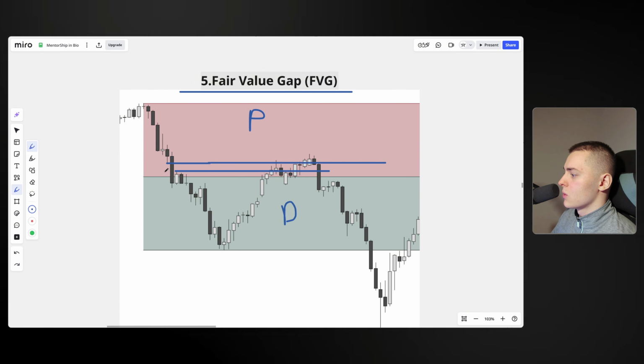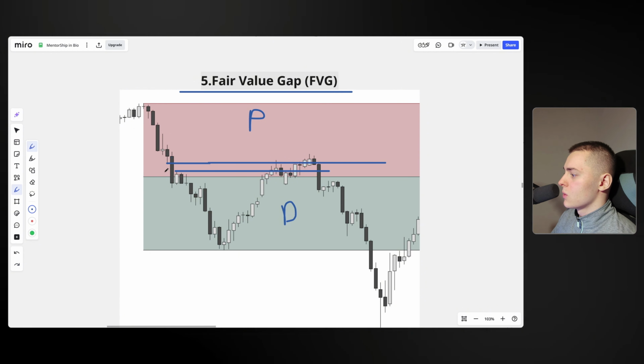The next thing on our list are kill zones or time of the day. When are you going to take a trade? And here's the thing. After years of trading, I've created my own ICT kill zones. That is the great part of low risk to reward trading. There is no specific time to trade at. You can trade at any given moment as long as you have a specific key area you're looking out for.